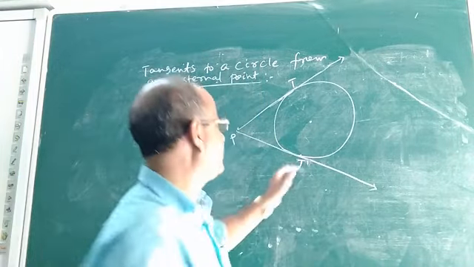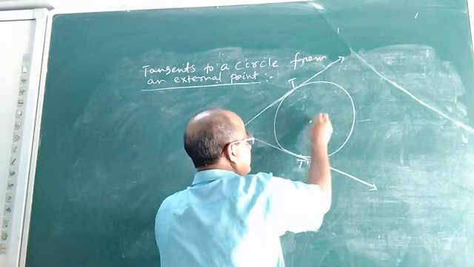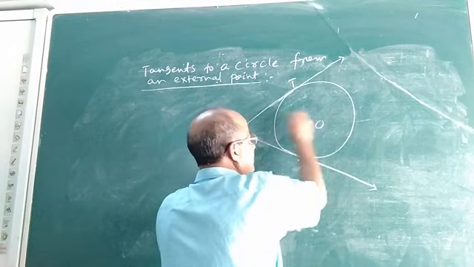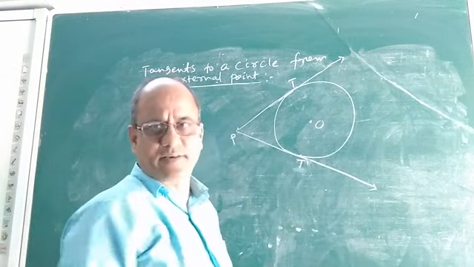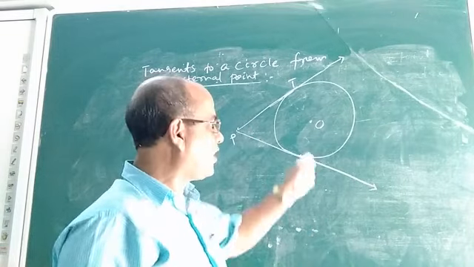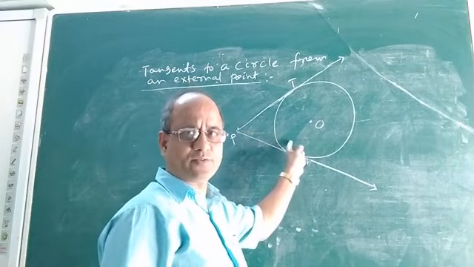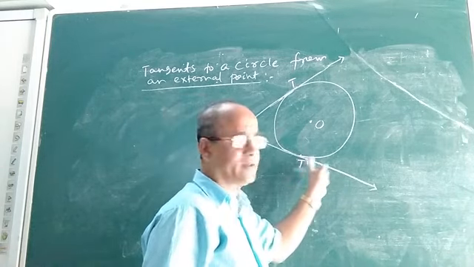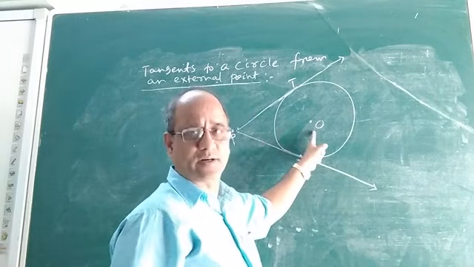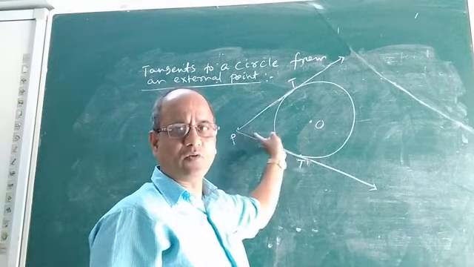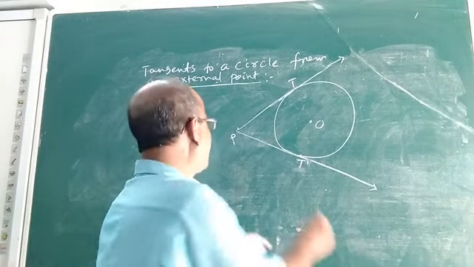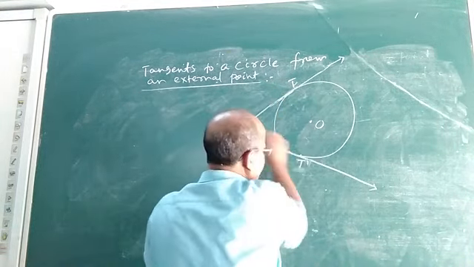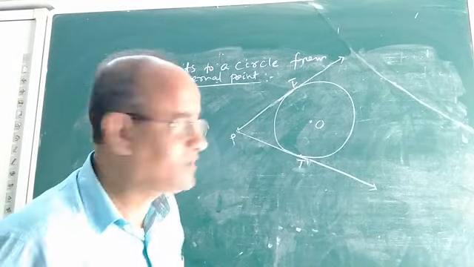So, suppose this is the given circle. This is a rough diagram. See, the center is O. In this case, the center is given. When the center is given, how do we construct a pair of tangents to a circle from an external point? Suppose P is the external point, and this is the given circle with center O. Now, how will you construct a pair of tangents? That means, how will you construct PT and PT dash? These are the two tangents.